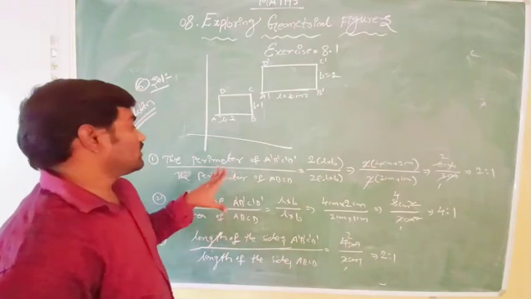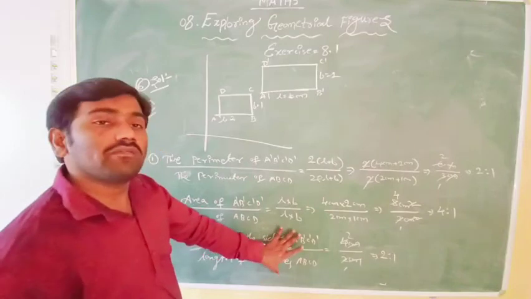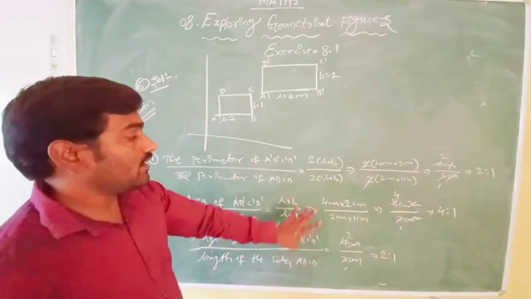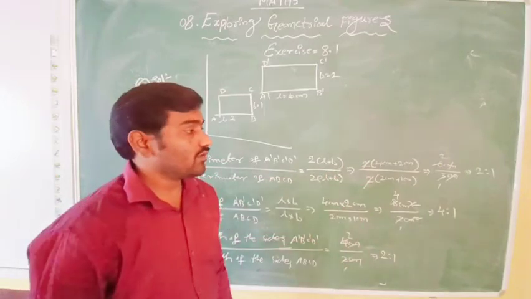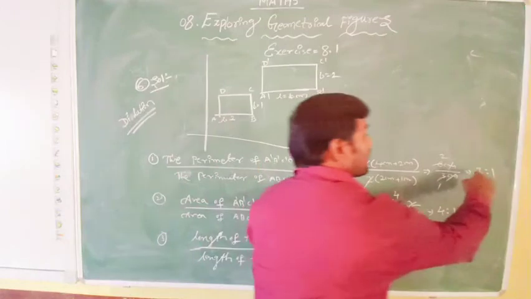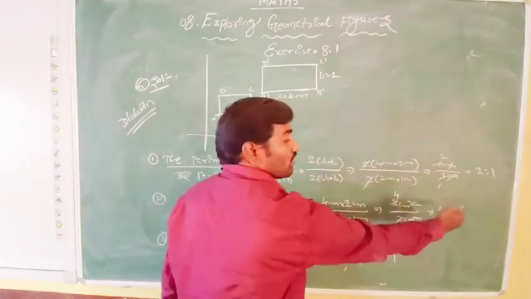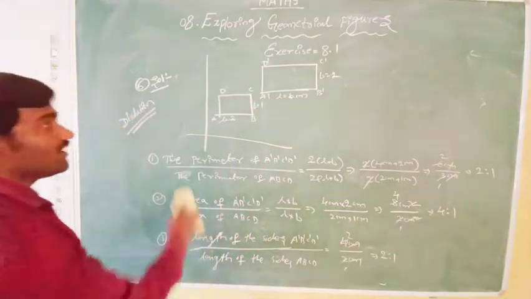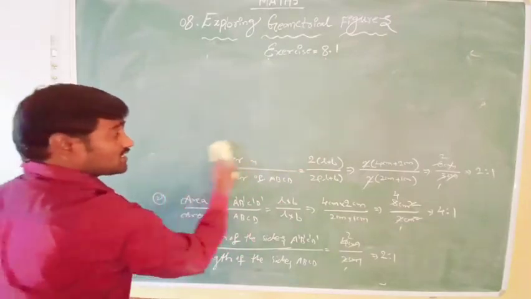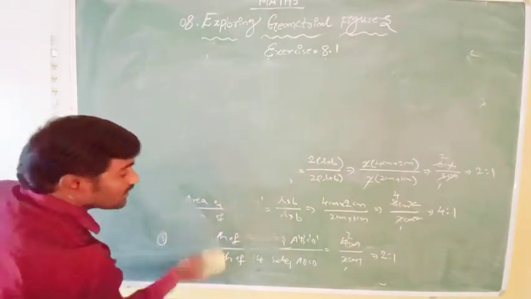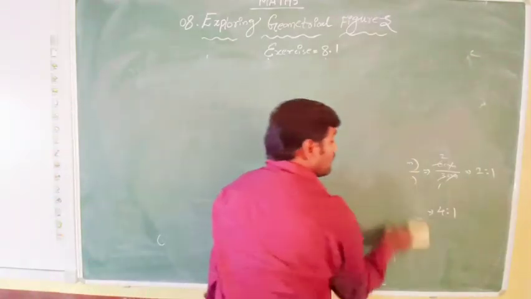See, compare the ratios. The ratio of the perimeters of two rectangles is equal to the ratio of the length of the sides of the two rectangles. And the ratio of the areas is twice that, that is, their squares. If you do the square of both, you get their ratios: 2 square and 1 square. We will get 2 square is 4, 1 square is 1. So the ratios will be like this. We have to draw the rectangle on square dot sheet. Then we have to do this procedure completely. So this is completely the sixth solution, and whatever he asked in the question, we have done it.